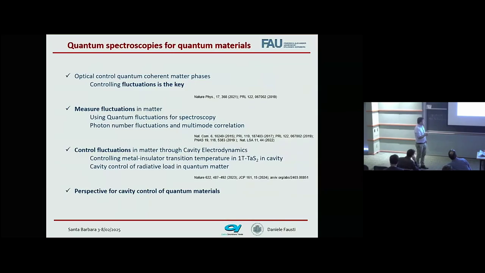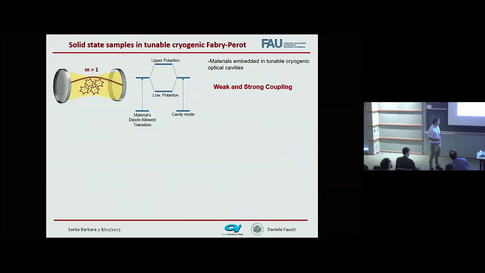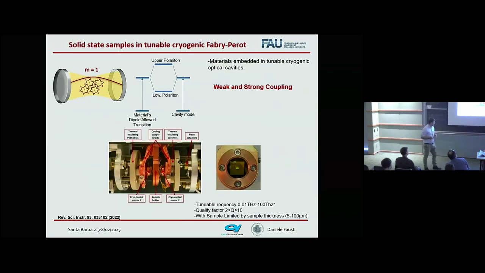On the other hand, obviously, as I showed in the beginning, the key for controlling thermodynamics is the control of fluctuations, and in this sense, we resort to cavity electrodynamics to control fluctuations. I'm glad that I don't have to introduce anything about cavity electrodynamics, because June did a fantastic job in that. So the only difference is that we were not focusing on the strong coupling regime. We did on some of the systems, but more than anything, we are interested in trying to use the cavity to shape the radiative load that I have on the sample, and I'll try to show you what we did.